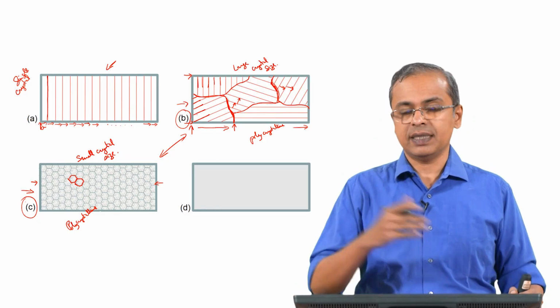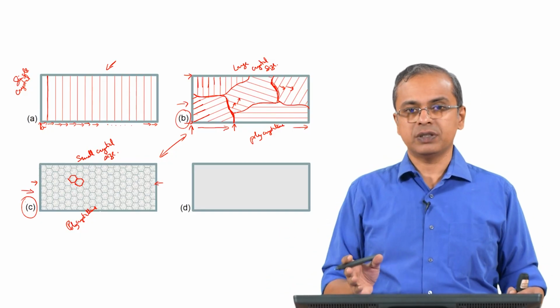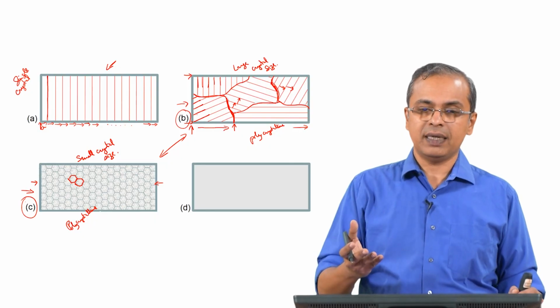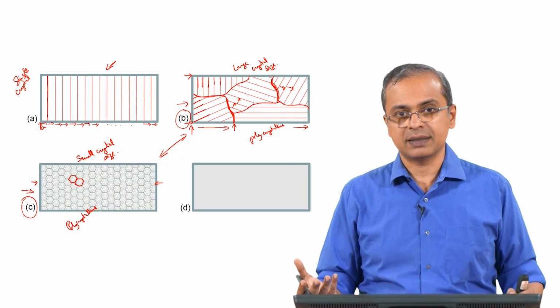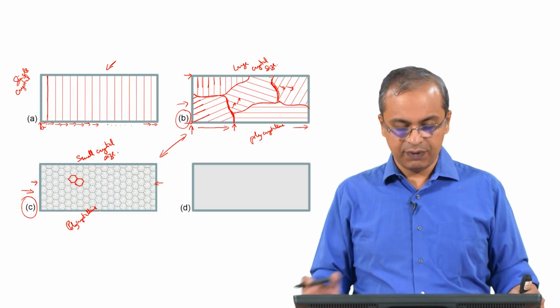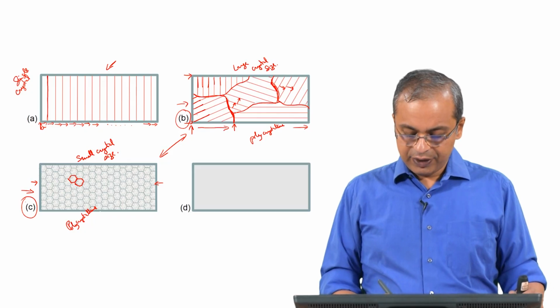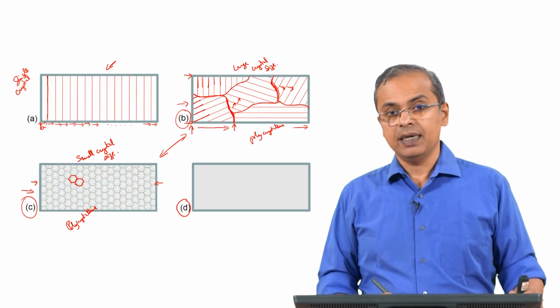So, you can have small crystal size, you can have large crystal size, etc., and you can notice that the 4 samples that are on screen, at least for visual examination, are essentially the same size. So, you can think of samples of the size that you are holding in your hand which have all these characteristics. The final sample that we have here is what I have marked as D, which is